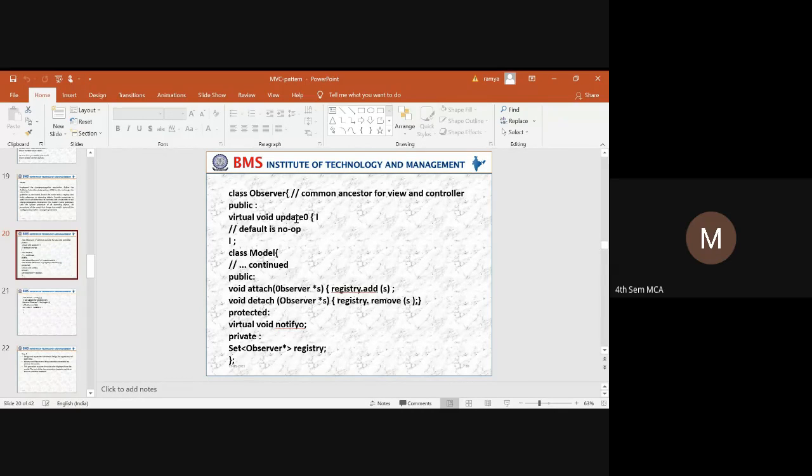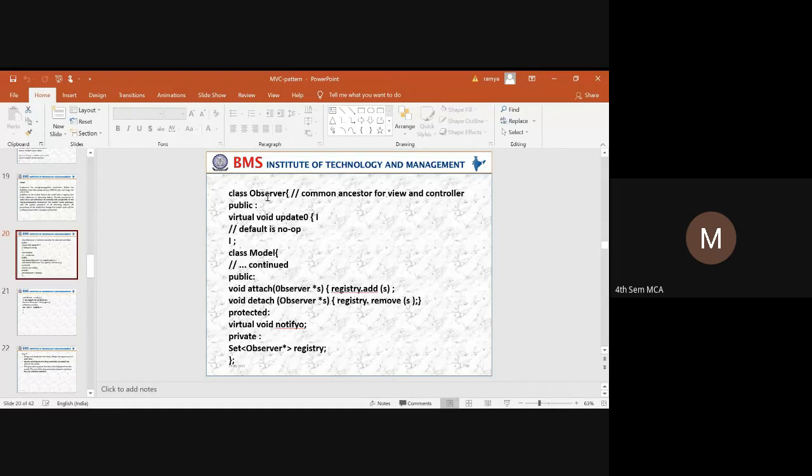In the class observer, we take update as an operation. In this update operation, whatever updations are there will be taken care of. Initially there will be no updations. Next, we have a class model, which is continued from the previous one. Here we are considering the attach and detach operations.